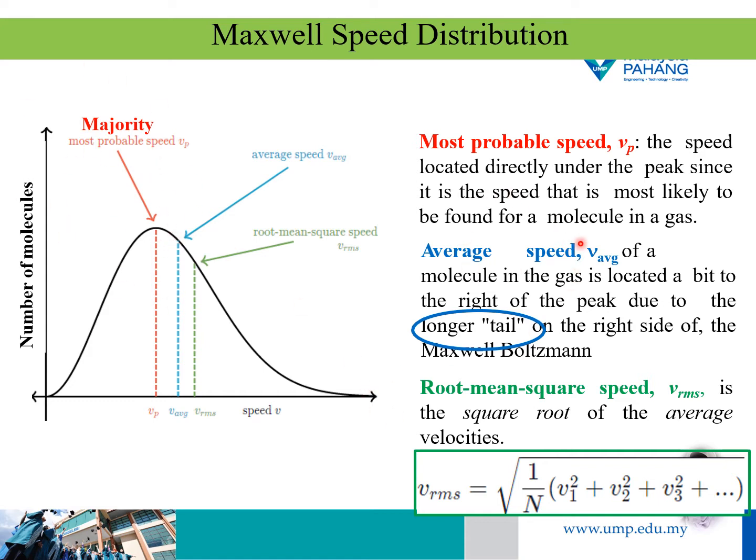And then the average speed, V average, is the total distance traveled by the object divided by the elapsed time to cover that distance. It is a scalar quantity, which means it is defined only by magnitude. And then the root mean square speed, Vrms, can be determined from the temperature and the molar mass of the gas. It is the square root of the average of the squared velocities.